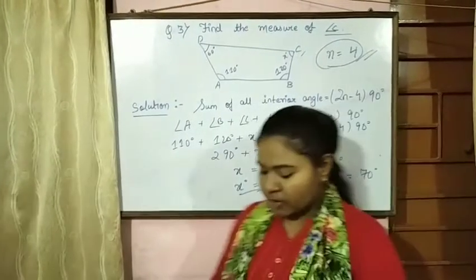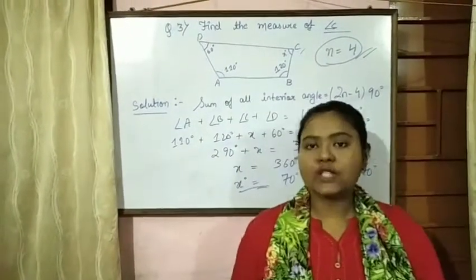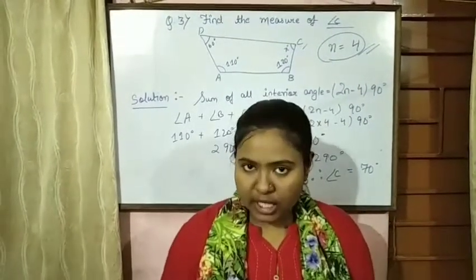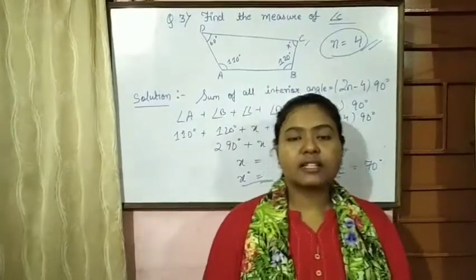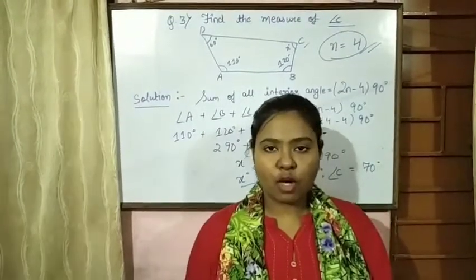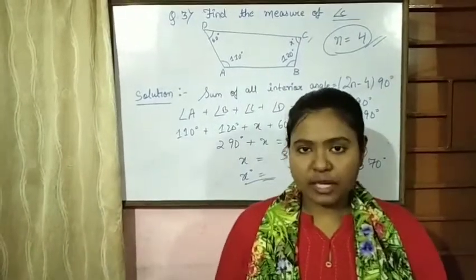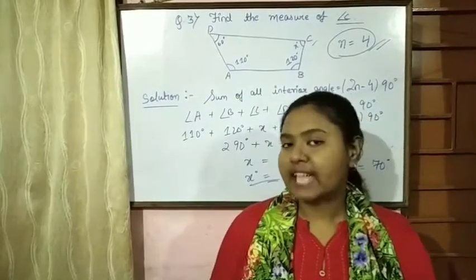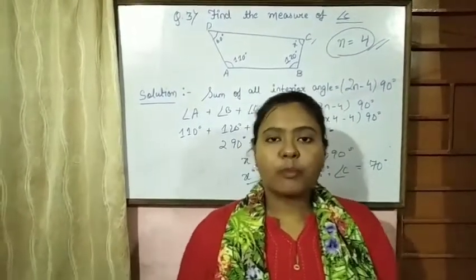So students, today likewise we come to the end of this class on polygons. Students, today we studied about what are polygons. Then we studied about the different types of polygons, that is regular polygon, irregular polygon, concave and convex polygon. Then we also studied about the different kinds of polygon based on the number of sides it has. Then we did few numericals on this topic, polygons.